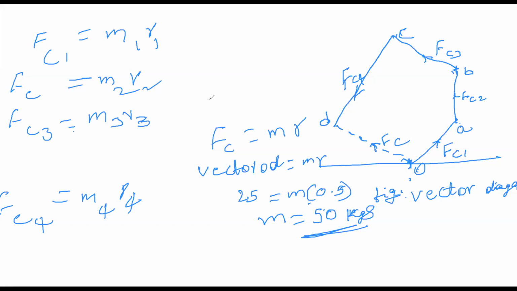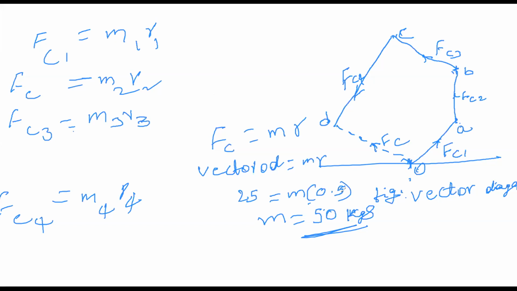Why? Because once you draw the space diagram perfectly, then you arrange the directions according to the space diagram, and simply draw the OA vector, AB vector, BC vector, and CD vector. Why? Because the directions are already mentioned. Similarly, the parallel lines are drawn in our vector diagram, and you just mention the centrifugal force values.